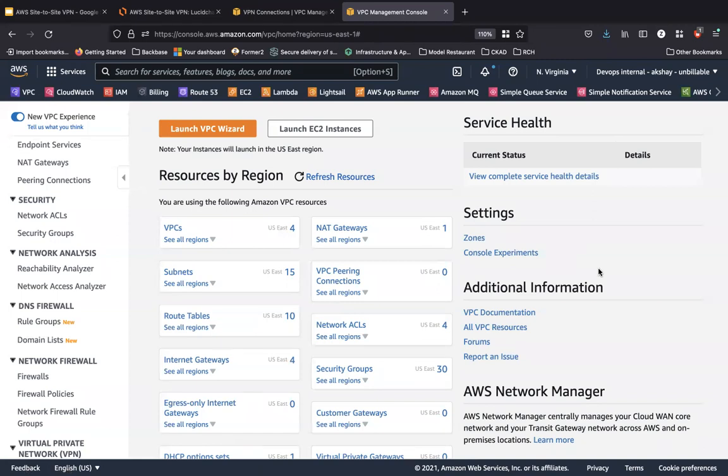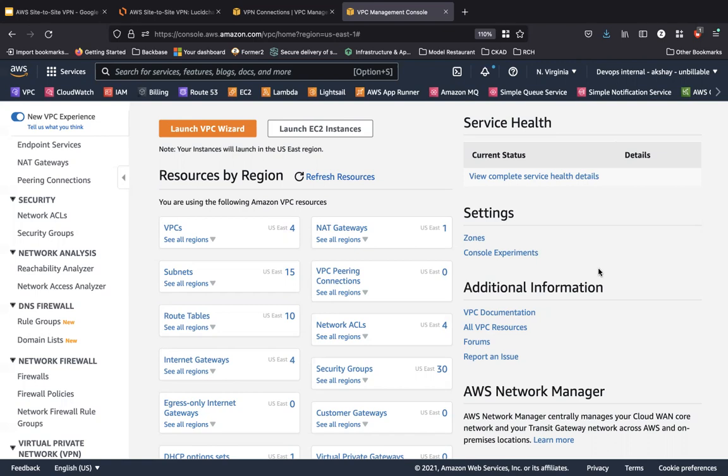In one of our previous videos, we saw the reachability analyzer, with which we were able to check whether we could reach from a particular source to a particular destination. We saw that it supports VPC peering as intermediate traffic, but it does not support transit gateway. But you could create a reachability analyzer from one of your EC2 instances to your transit gateway, and it would give you a nice path of how the traffic would go from your EC2 instance through its network interface to the security group, to the NACL, to the transit gateway's network interface, to the transit gateway, and so on. Something like this, we also have for the network access analyzer.